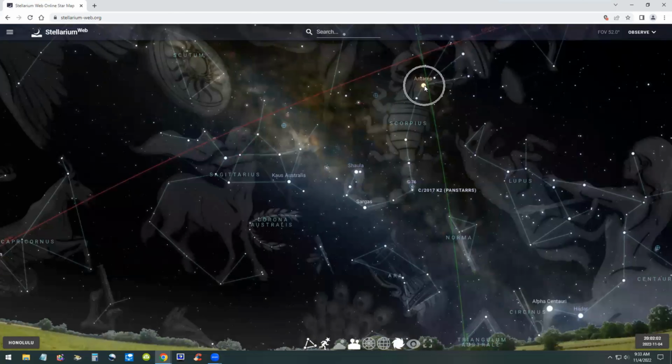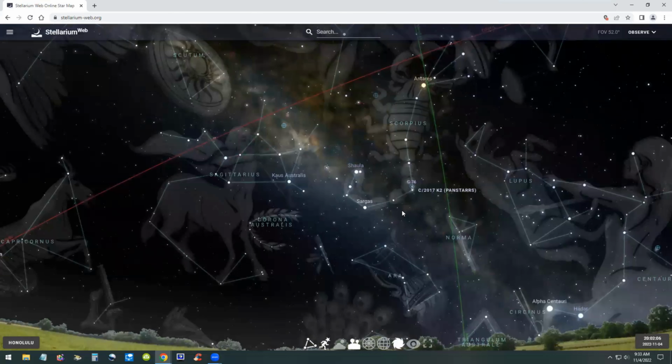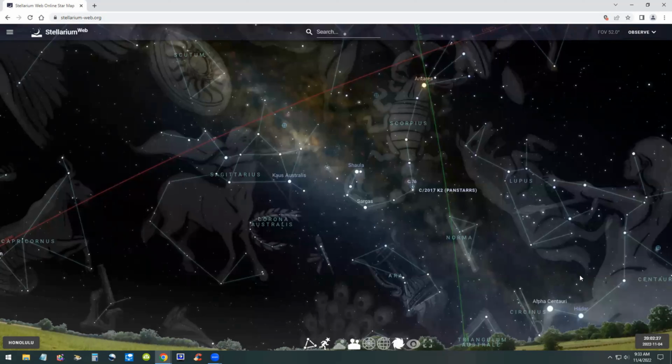It's called Mula in Sanskrit. And here's Antares. This is the star at the head of Scorpio. There's another one called Shaula at the tip of the tail of Scorpio. So there are a lot of familiar figures here. You can see the crown for Caesar, the Roman emperor, is here. And other constellations that may not be familiar to you.